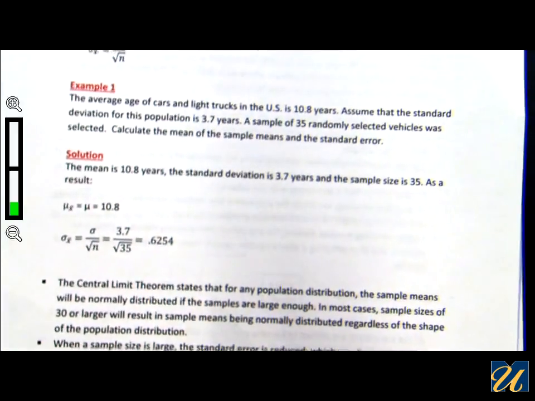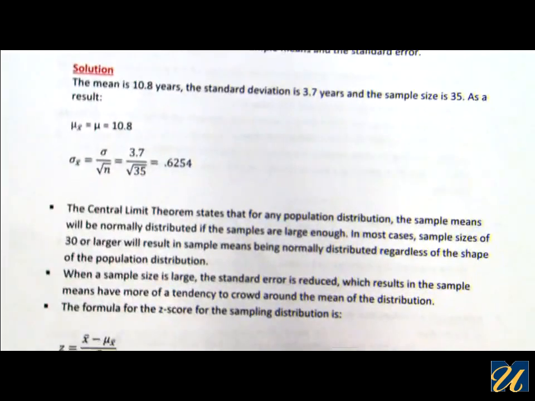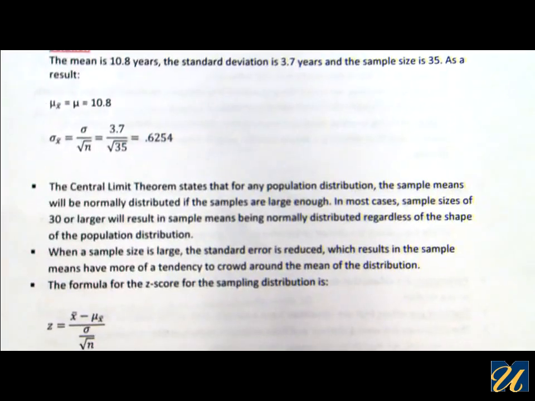The standard error of the mean will be equal to sigma over square root of n. Sigma in this case is 3.7 over square root of 35, which is n. Therefore, the standard error of the mean will be 0.6254. Now, when we talk about the central limit theorem, the central limit theorem states that for any population distribution,